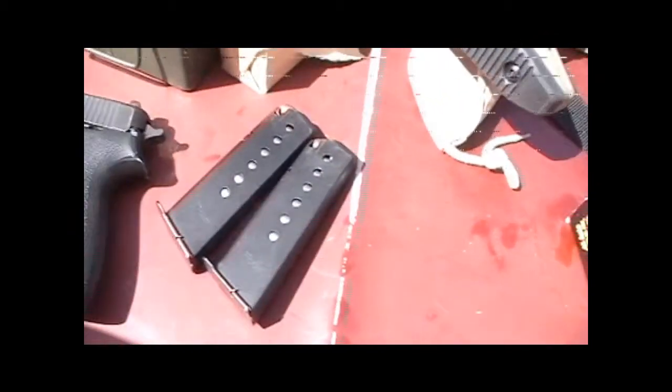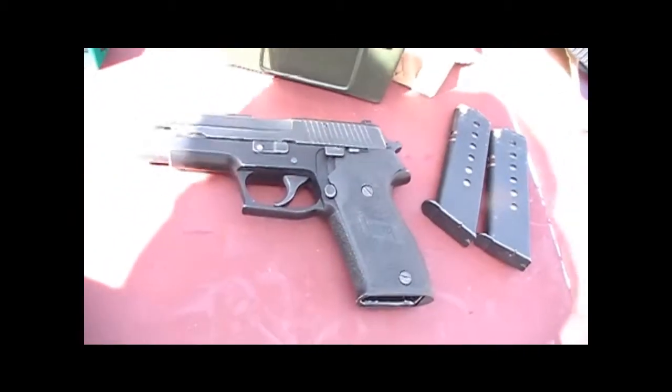So anyway, I got some Tula ammo, and I got some Federal aluminum case here. Going to try out